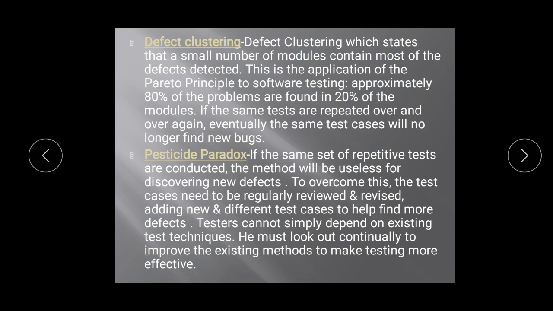The next is pesticide paradox. Here, pesticide in scientific words means some product which is applied to remove a particular thing from the start itself, from the birth itself. To remove something is called a pesticide. Paradox is to apply it on that particular thing so that we can remove it from the roots itself.